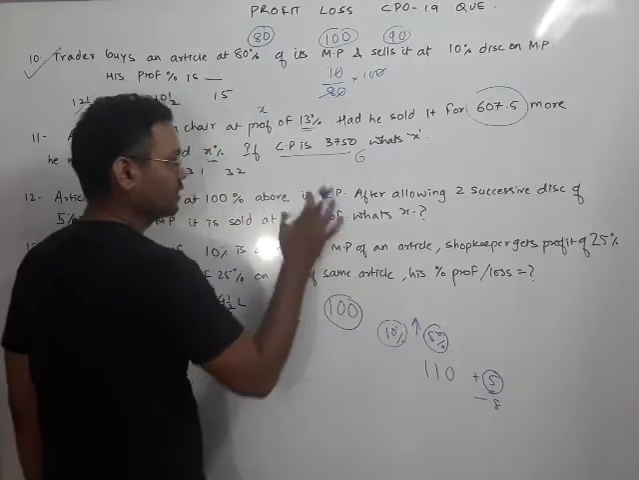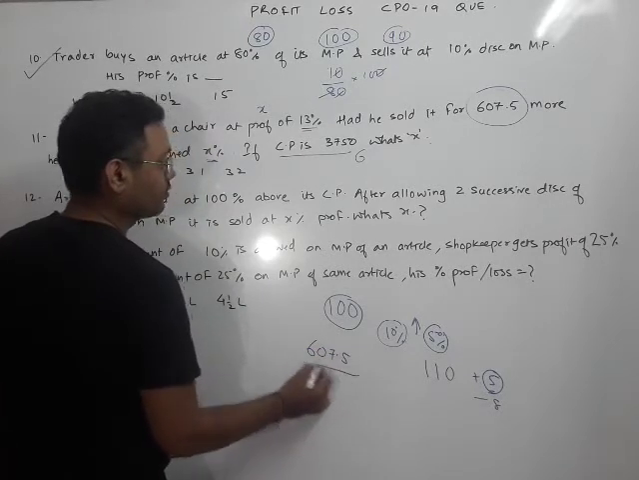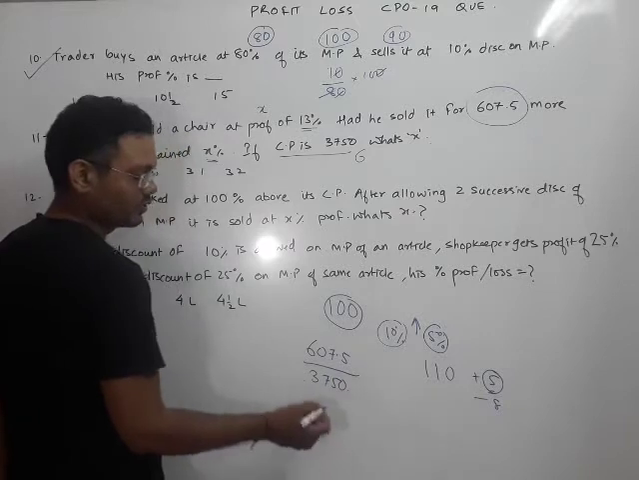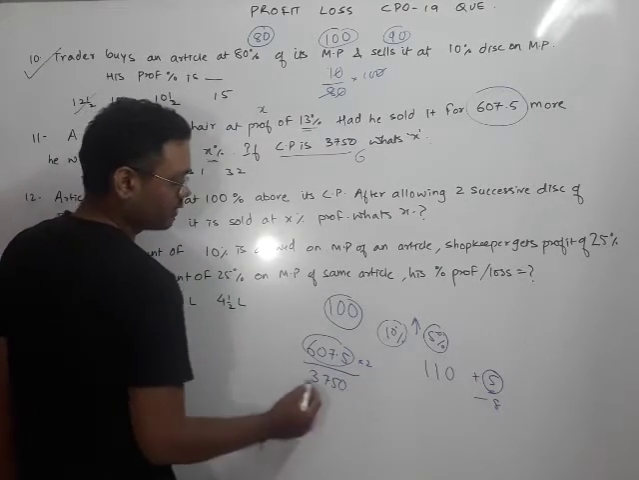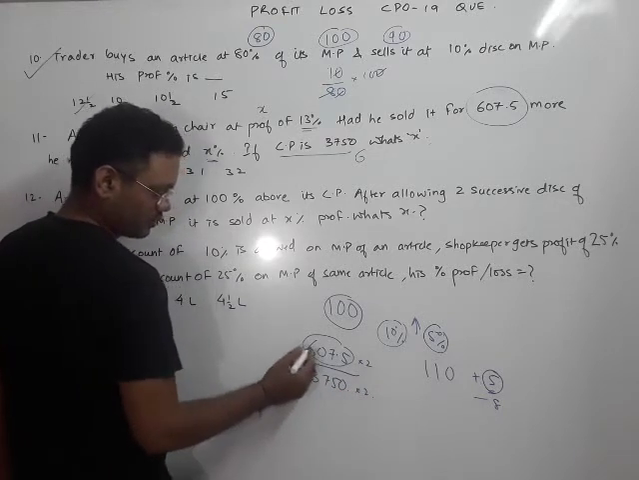With the same logic, I will find 607.5 by 3750. I will find the percentage of this. Whenever you see something like this, 0.5, multiply it by 2. And this will become